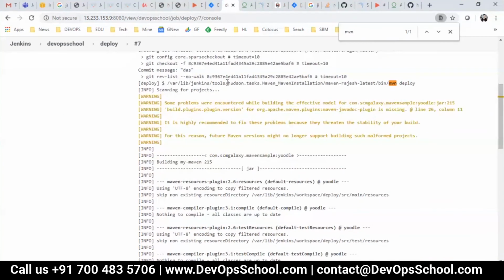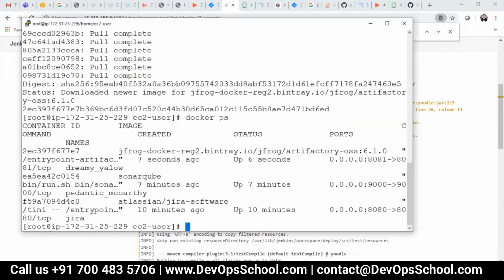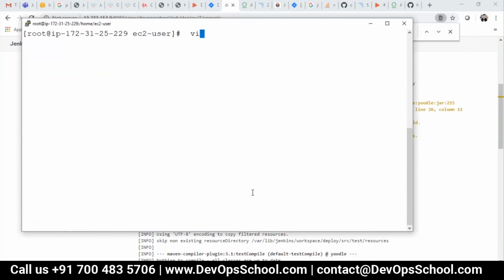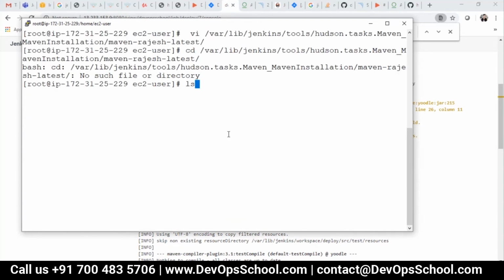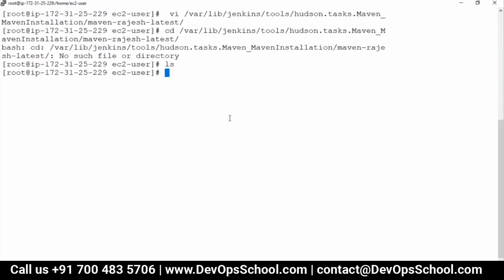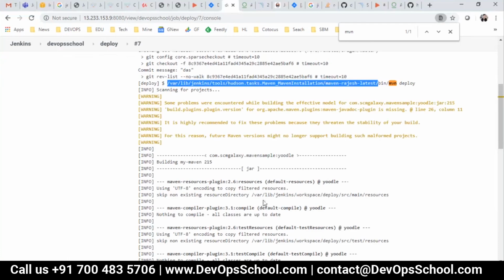So the Maven path is here. And I go to the Maven path, vi. Oh, this is not the machine. I have to use the Jenkins machine for it.